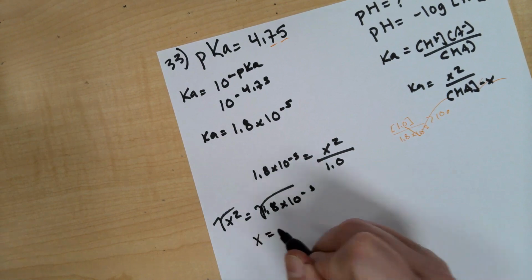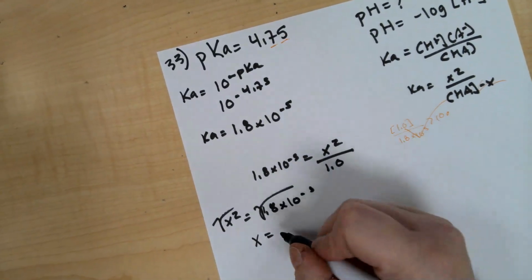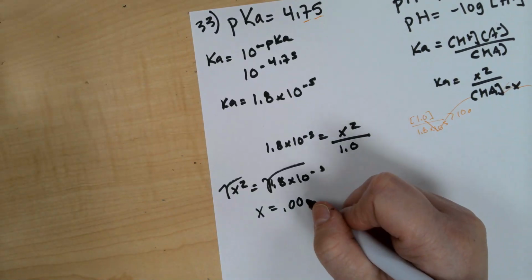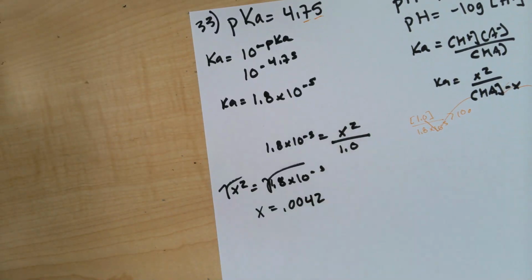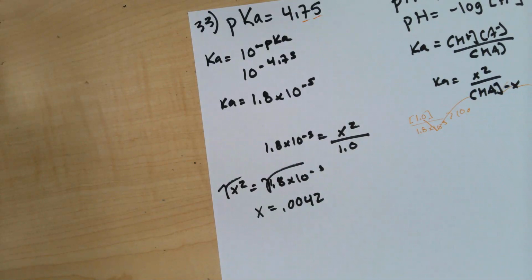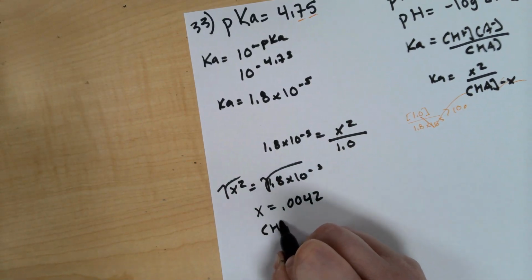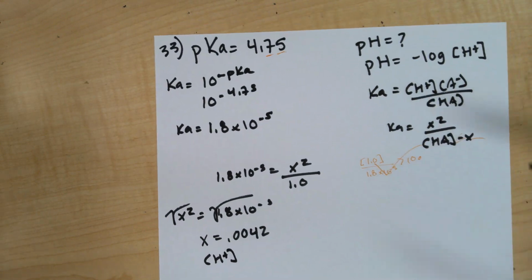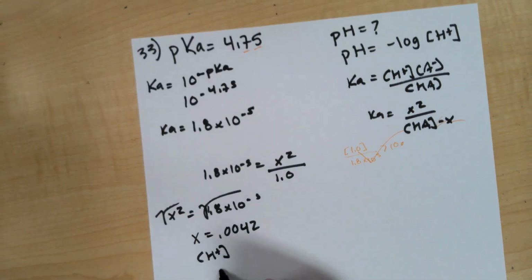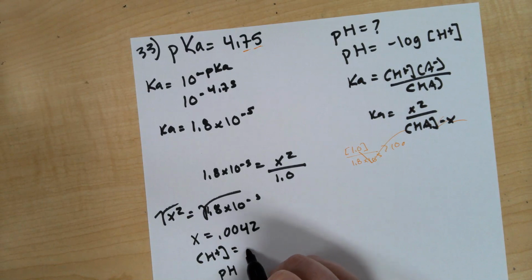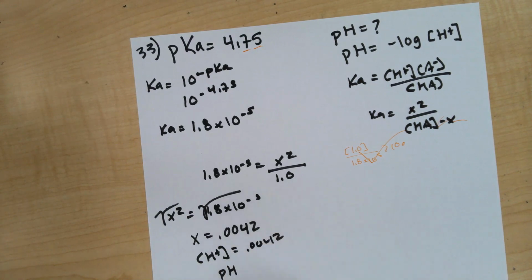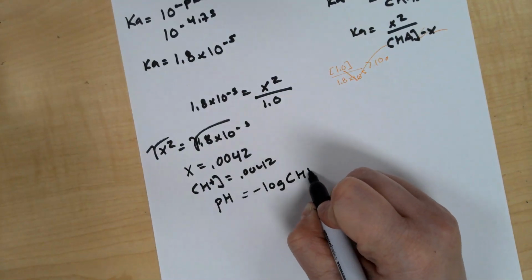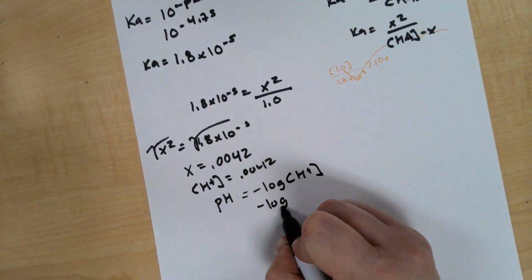Our x equals, remember, 2 sig figs. Those don't count, they're leading zeros. 4.2. Okay, that is my x, which means that is my H plus concentration, because that's how we got this stuff over here. So now to get the pH, let's put that back in there. That was x, that was H plus, same thing. So the pH is whatever the negative log of our H plus concentration is. Well, we just found our H plus concentration